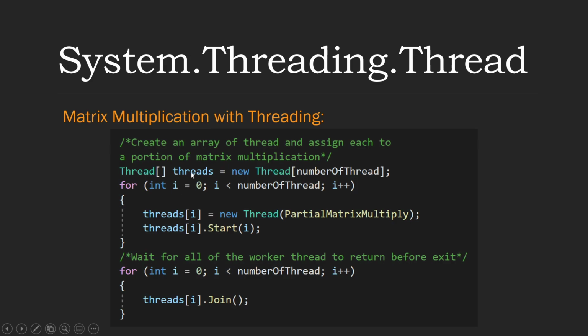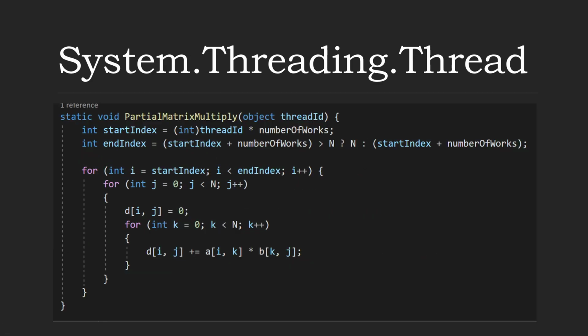Here I create an array of threads, and for each thread I pass in a partial matrix multiply delegate function, and then I start the thread. Here I loop through all of the threads in the array and call the Join method to ensure that each has had all the time to execute its function. The partial matrix multiply is quite simple, where the start index is based on the thread ID,